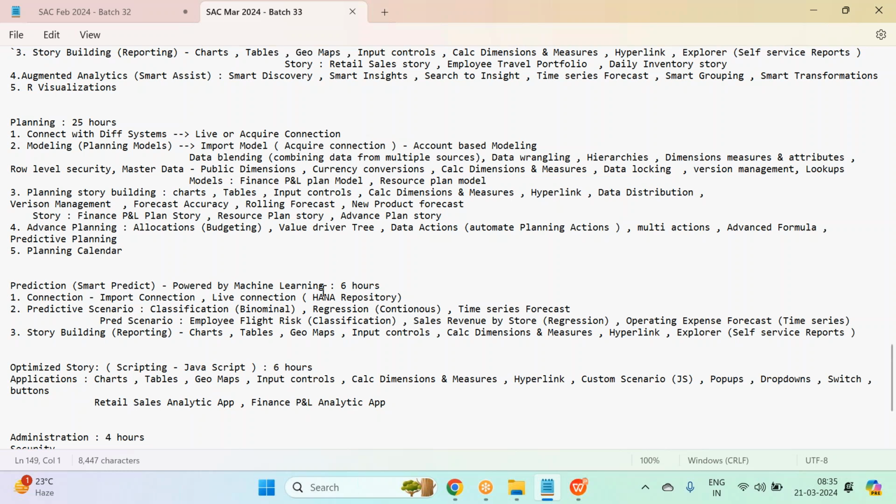So then we go for predictive analytics, guys. This is powered by machine learning. We have around 6 hours on predictive analytics, but this comes as a pre-recorded session. I don't cover it during the session because I'm already going